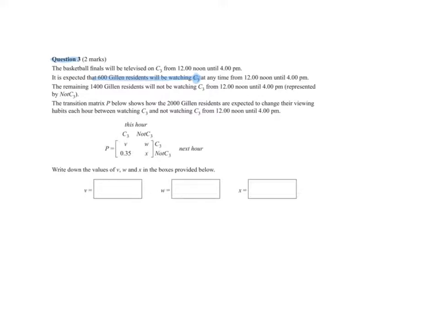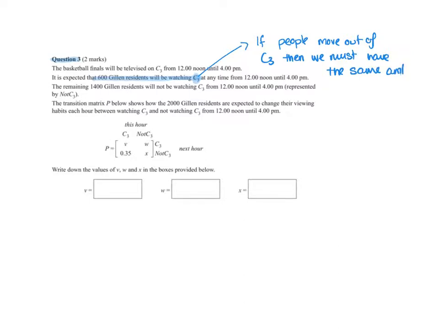So that means, if people move out of C3, then we must have the same amount move in to C3, so that it remains at 600. That's what that's saying. So now they've set up a transition